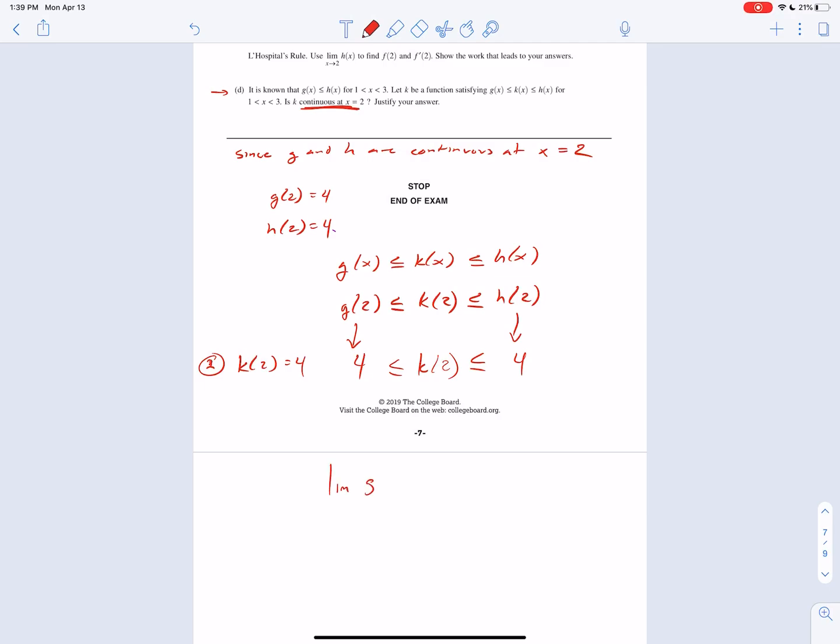Well, what's the limit of g of x as x approaches 2? We know that that has to be in between the limit of k of x as x approaches 2 and the limit as x approaches 2 for h of x, right? We know that the limit of g of x